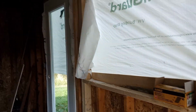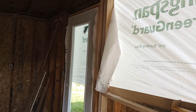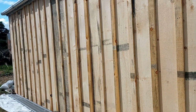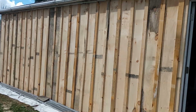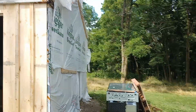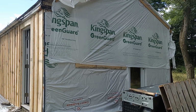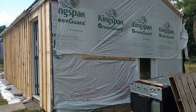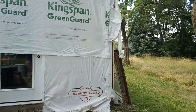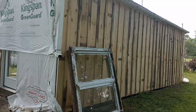This door was already in. We had to reframe where the old window was back here and frame it for a 4x4, and then we put the door in, so we had to frame that too. So it's good. Got most of the siding done, aside from the corner pieces, and back here we have to do the insulation board and the siding, and then put in the window or something like that. So we just didn't get to it. But we did this side, which is the east side,